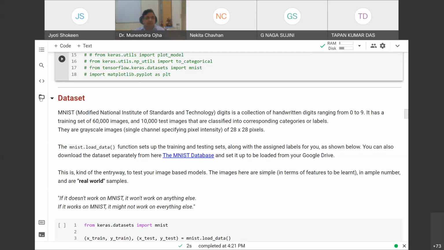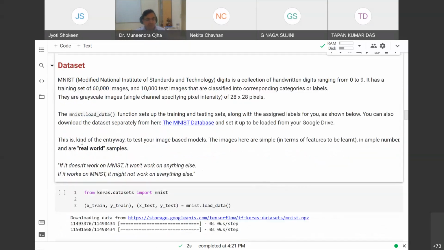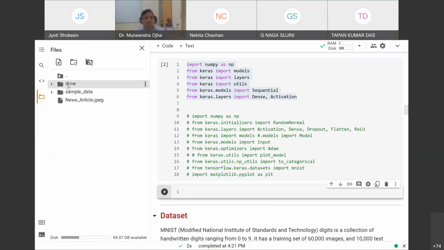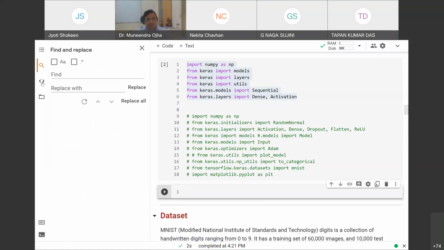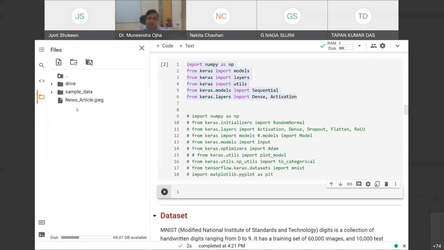Okay. So one thing I wanted to tell you. Suppose I have something and I want to import it, just like I showed you, from the Google Drive. You see, in Google Colab, you have some tabs over here. This is called the table of contents. Whatever I have created over here, you can search and replace from here. This is for finding code snippets, and this is the file directory structure.